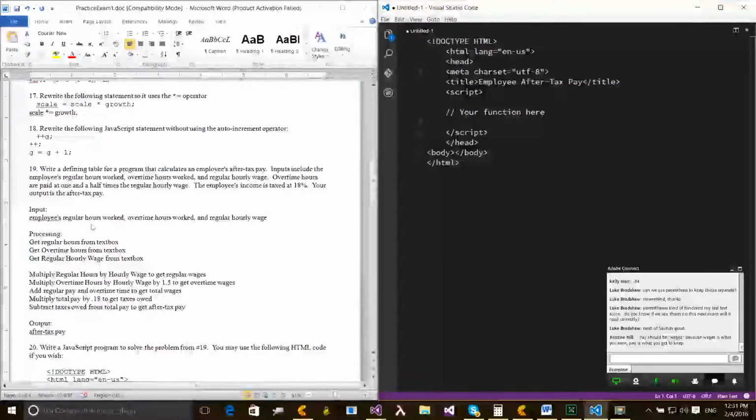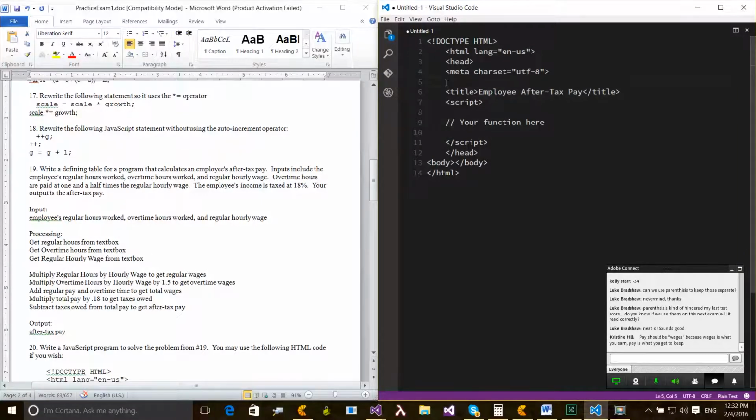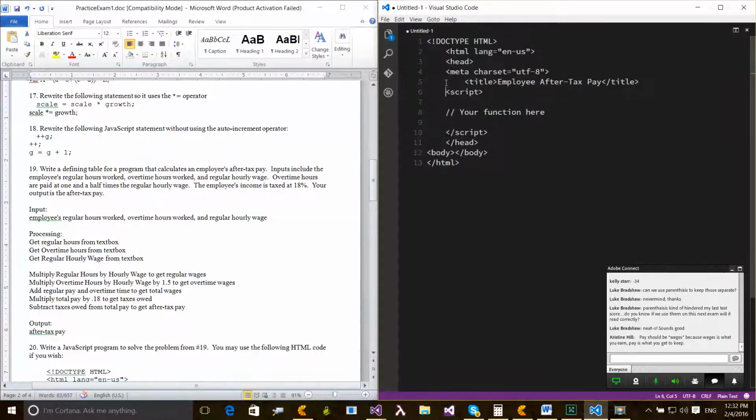So first off, we're going to put our defining table above what we are going to do. So let's actually do it right here. Okay, so to comment multiple lines so that you don't have to do the single comment over and over again, this is the syntax on how to do that. So slash, an asterisk, and a slash. Is that forward or back? Yeah, forward. Okay, so I'm just going to copy and paste my